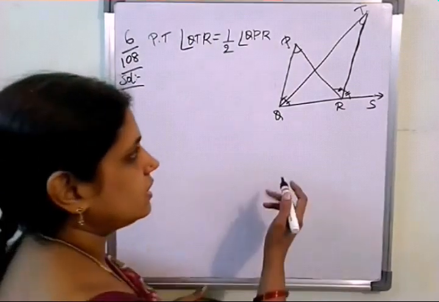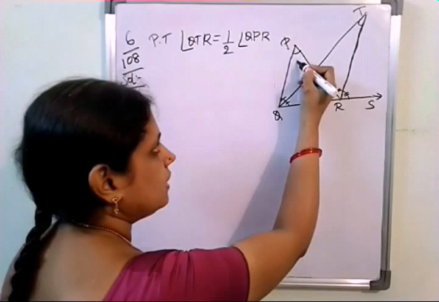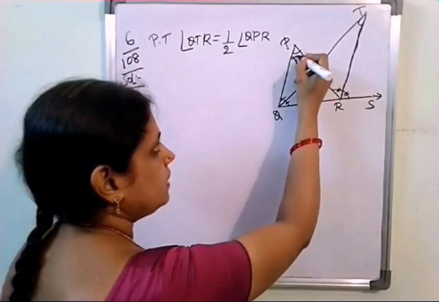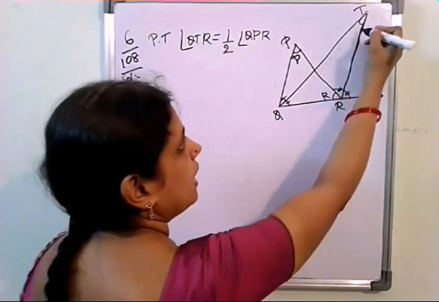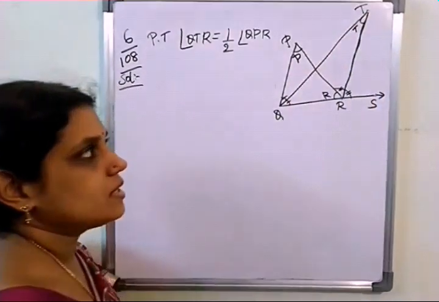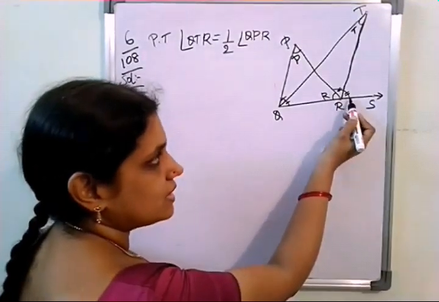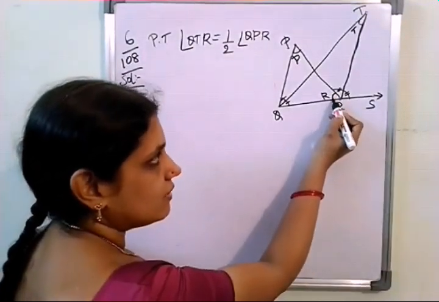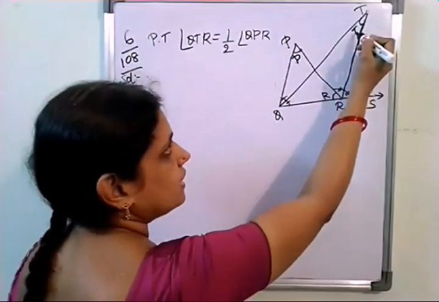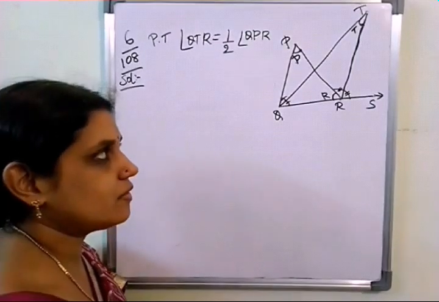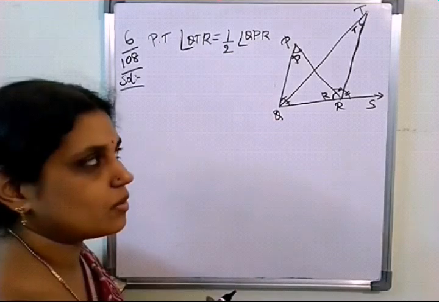Now here you have to listen with concentration. It is a little confusing. So here I am giving the angle name here as P, and for this I am giving R only, and for this T only. Just to see that actually at vertex R many angles are there. For this I gave the name R, for this I gave the name P, and for this I gave the name T. Then instead of writing the full form, it will be better if we use short form. That is the purpose I wrote like that.